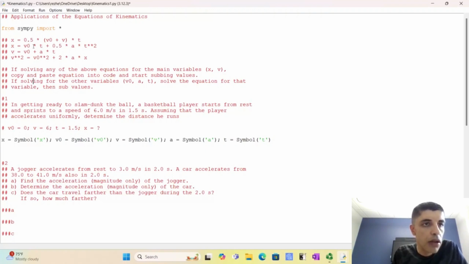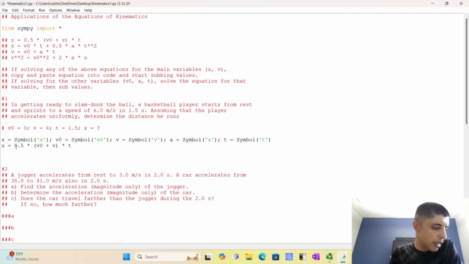So this equation, the second equation, has v naught, t, a. That's not what we're using. So the first equation has v naught, v, and t. So that's what I'm going to copy and paste. So copy and paste that, and then come down here. So we have that equation, and